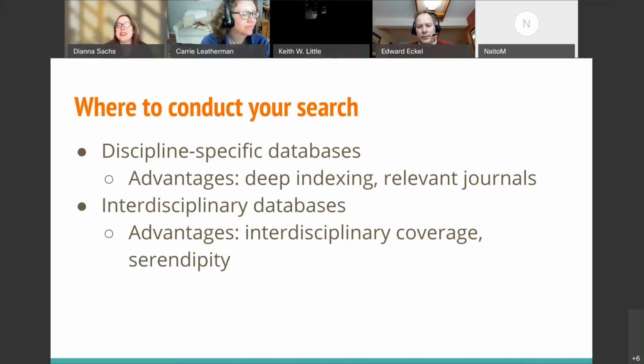So now that Carrie has talked about how we define our research question and define the scope of the kinds of information that we're going to need to include in our literature review, the next step is to determine where we're actually going to search for the information that we need. Now, in the case of most academic and scholarly research, the kind of information that we need for literature reviews in the sciences is only available through subscriptions to the journals that publish the research articles.